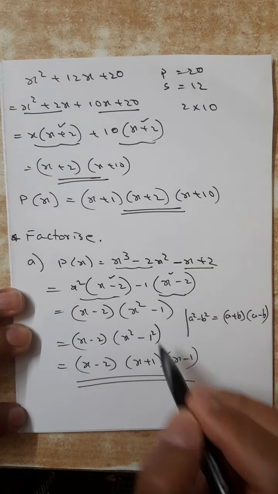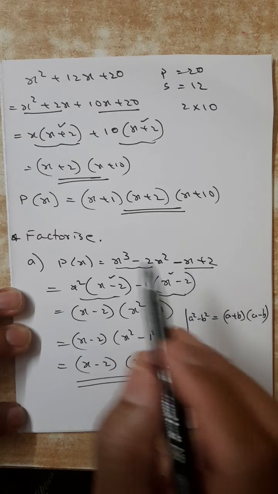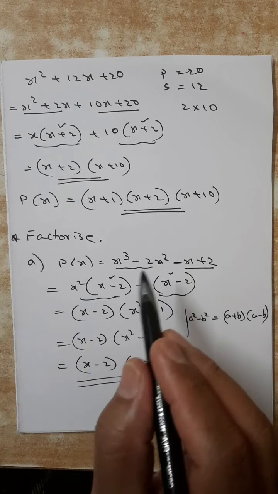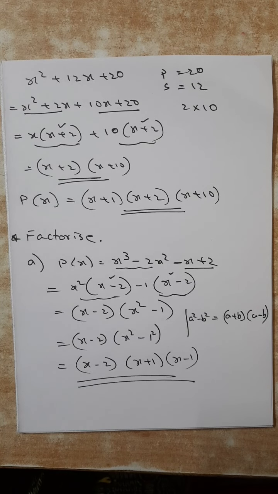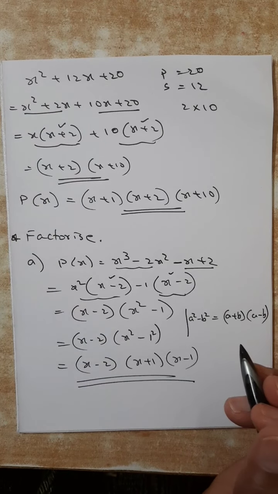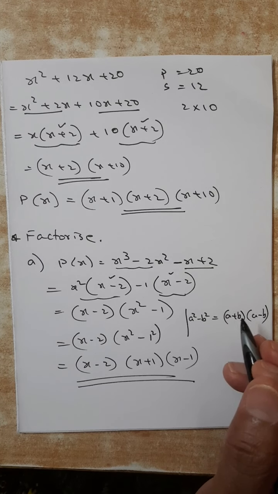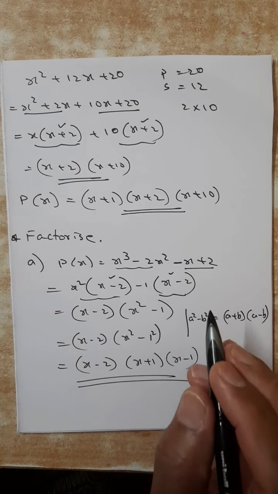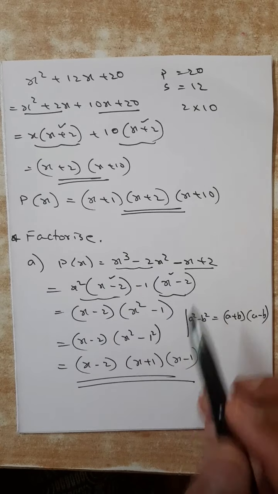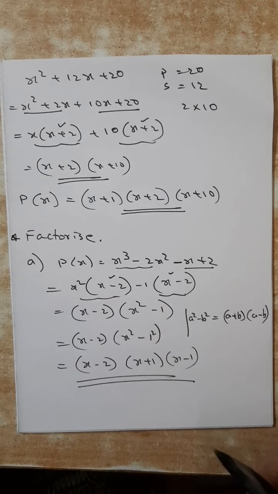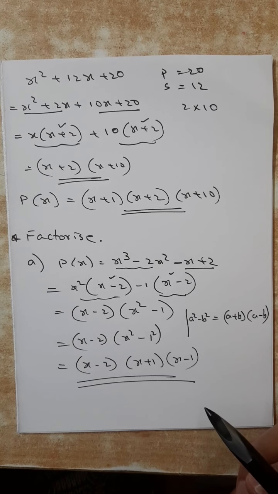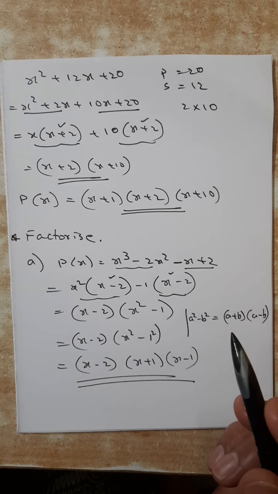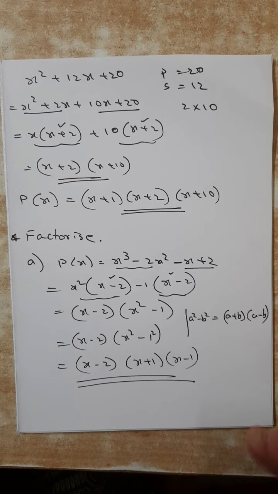Two groups, a simple method. By chance, if it is written in the examination to factorize using factor theorem, then you will not get a mark for this procedure. In that case the normal procedure means taking p of 1, p of minus 1, getting one factor, then dividing, etc. Hope you are understanding what I am saying. Our subject is mathematics, so what is written, accordingly we have to do. The question says factorize, so factorization is done. Don't think that because I studied the factor theorem in this chapter, every question I have to do with the factor theorem. No. If you are able to do it with the lower class method, then do it.